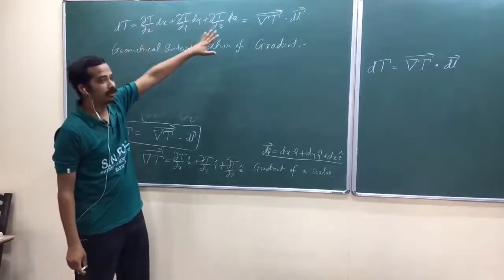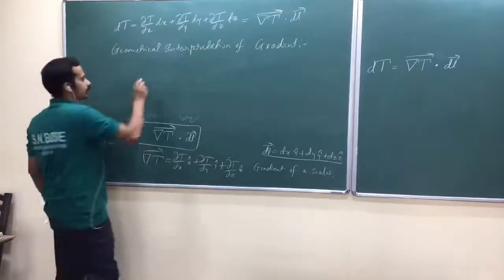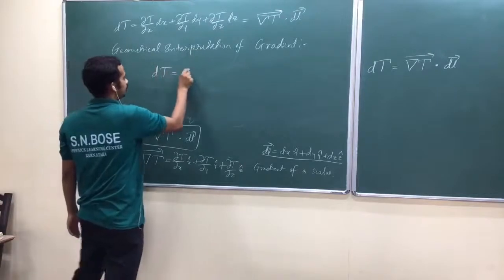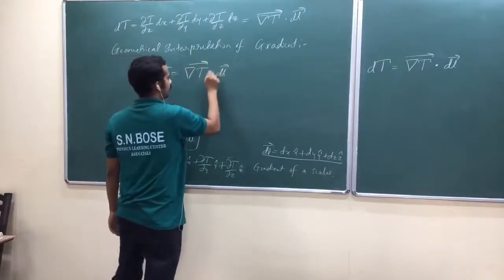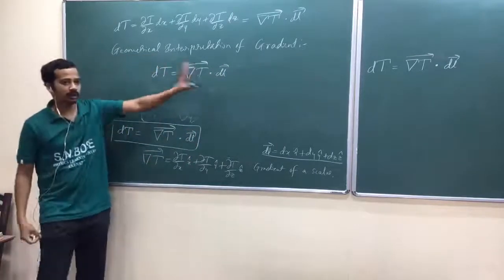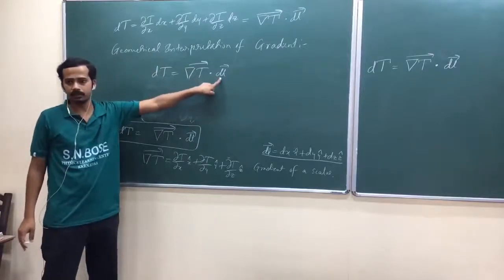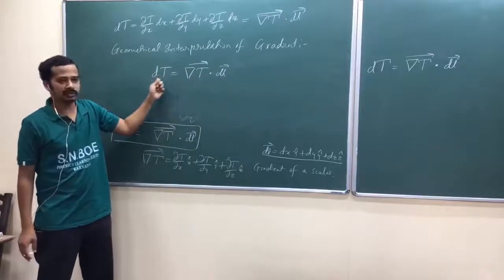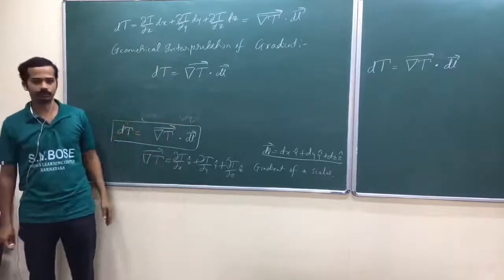That's why without going to that one, you can't have any geometrical interpretation. Remember, you have to start with this one. What is this one? dT is equal to del T dot dl. Am I right? Now we shall do some manipulations here. So what is this one? Again, ultimately, when you have infinitely small displacement, there is this much change in the temperature. So temperature or some scalar variable changes when you move in space.